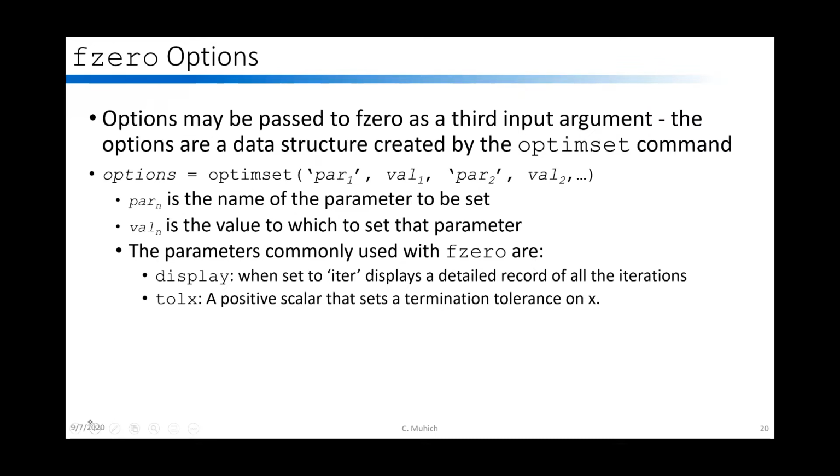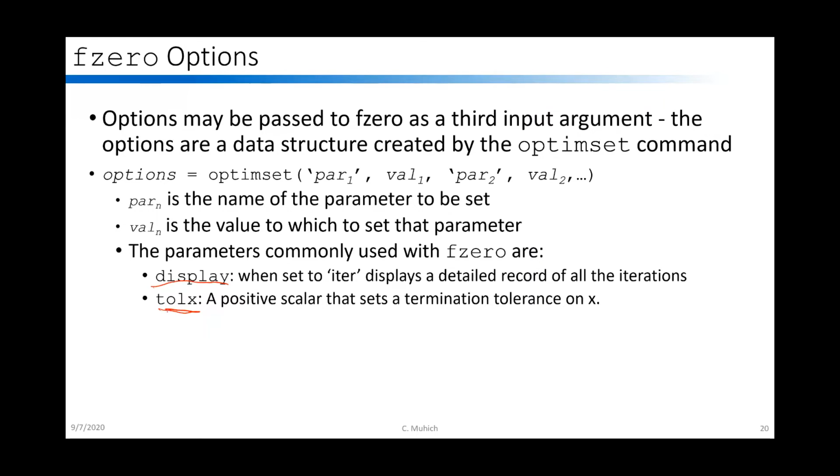There's a whole bunch of different options. I suggest going and looking that up on the MATLAB website if you're interested, but some common ones might be setting offset and setting display so that you can see the number of iterations required to get to that value,